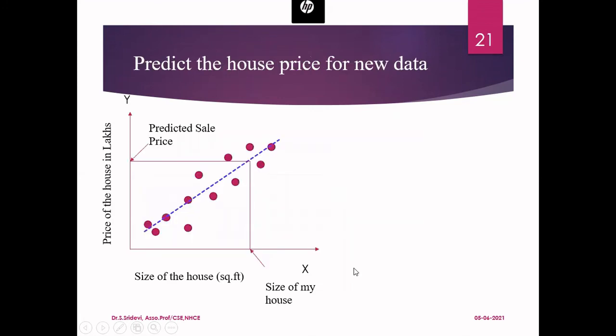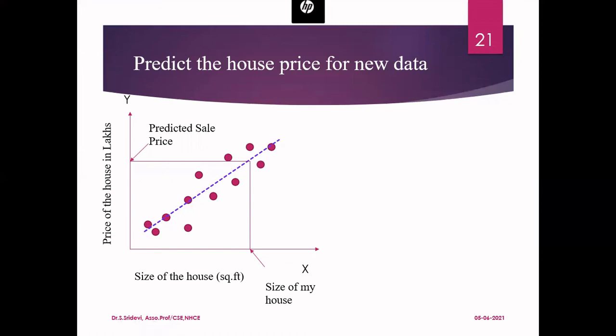Now, once you find the two parameters M and C by that particular formula, you will know the straight line. Now, I have three straight lines, but I have chosen this blue color straight line as my best line. Then once I do that, what is my next step? I have finished my training process. I have developed the model. The model is nothing but the parameters of the straight line. With that, I am drawing the straight line now. So after that, I can go for prediction.